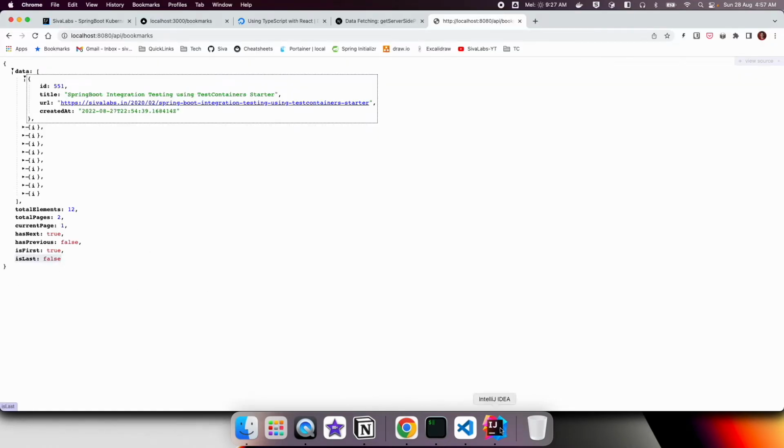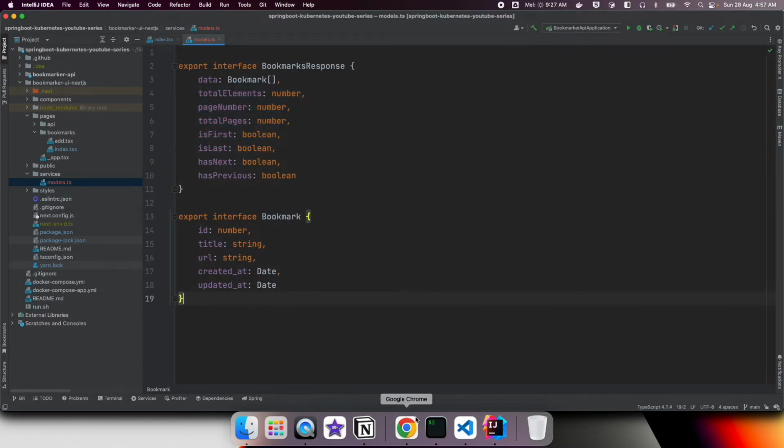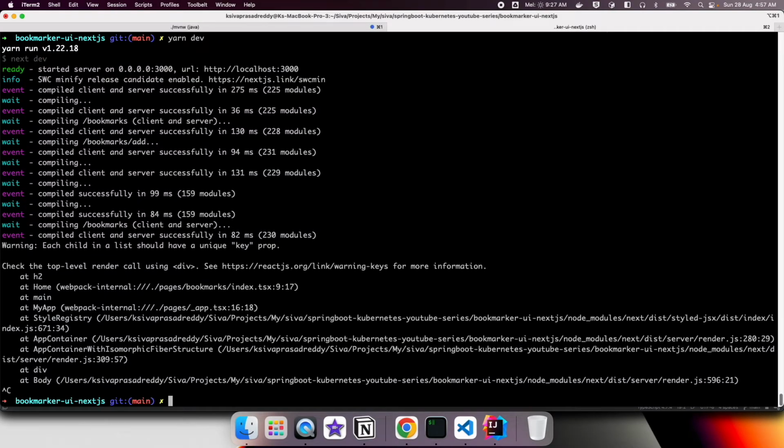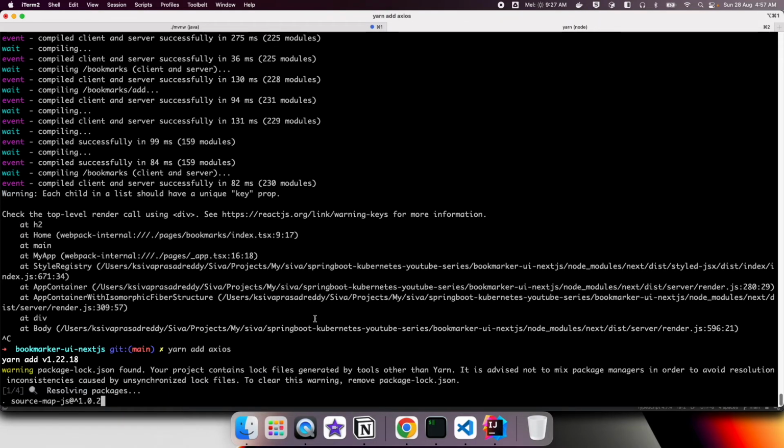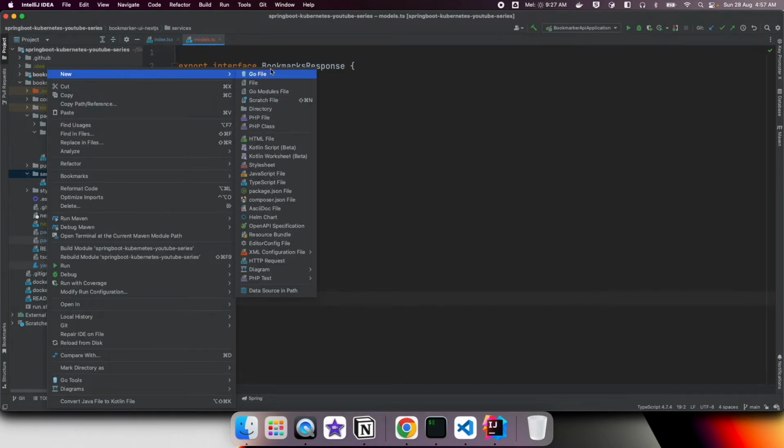Okay, so we have these two interfaces defined, and then we are going to use the most popular library, Axios, to fetch the data from the backend API. Okay, let us stop this. We are using yarn, so we'll do yarn add axios. Okay, so it's going to add Axios to it, and then in the same services folder, let us add